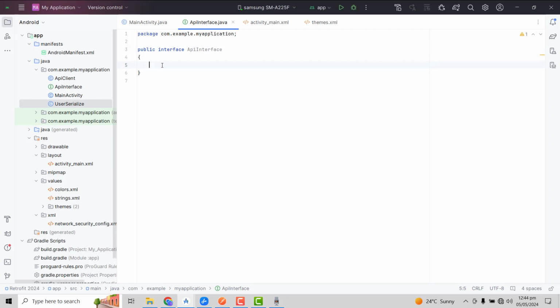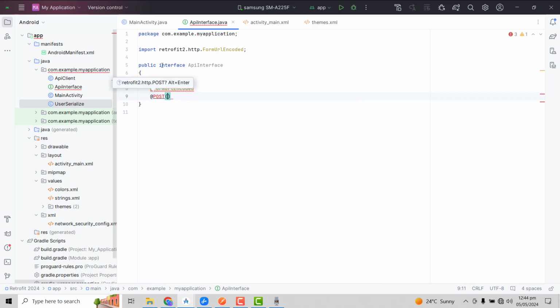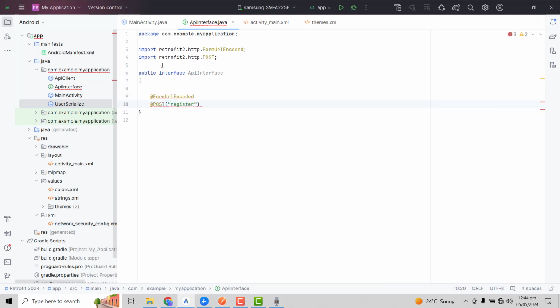and after this class we have to now click on, we have to create the, we have to click on our interface, and in here we have to use form URL encoded, and then we have to use post, and inside it we can say register.php. Okay, and finally we have to use the call function of this retrofit, and in here we can write user serialize,